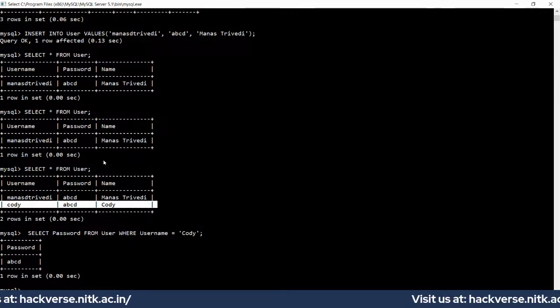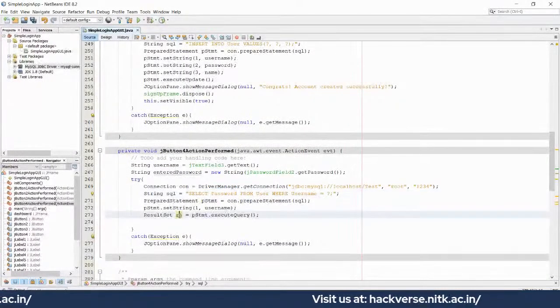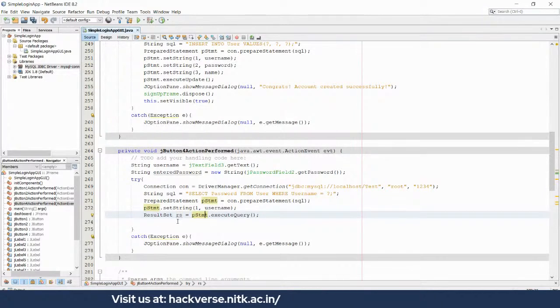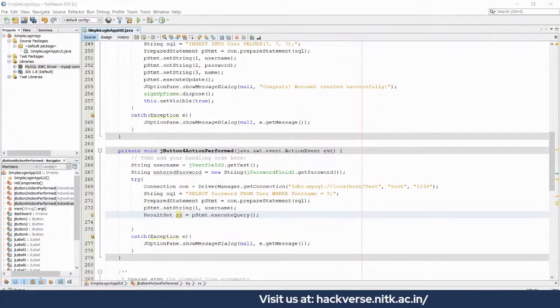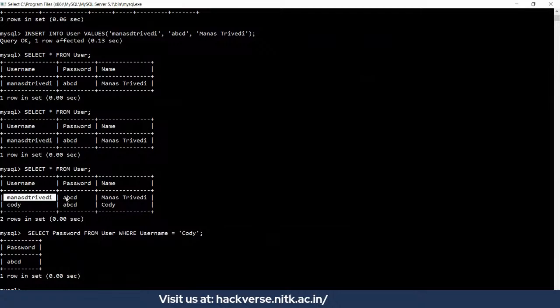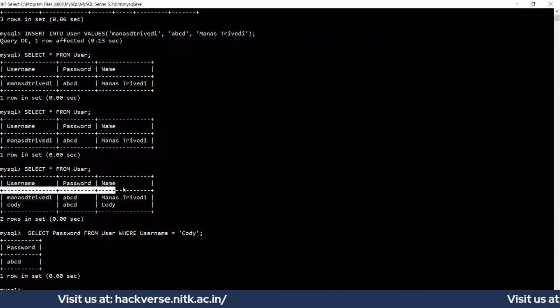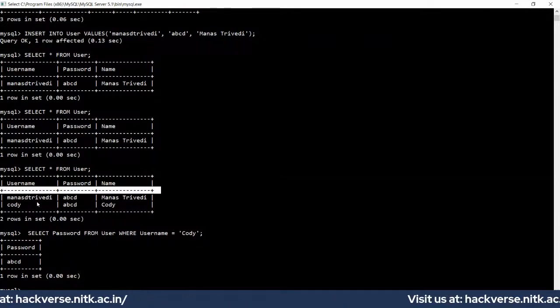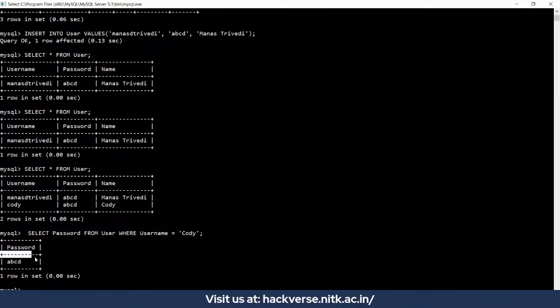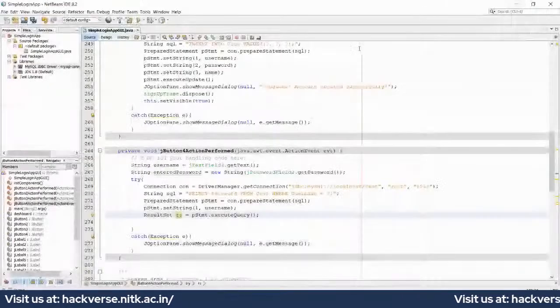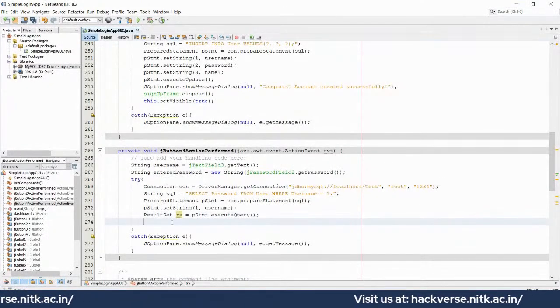Okay. So when we obtain the result set as an output from MySQL, the result set pointer, or cursor, is going to be one row above the first row. So it's going to be right here, just above the first row. In this example, it will be somewhere over here. It's not going to be on ABCD. It's going to be up here. Okay, so now that's out of the way,